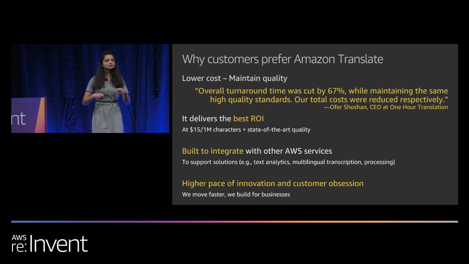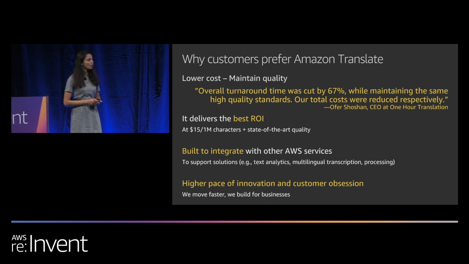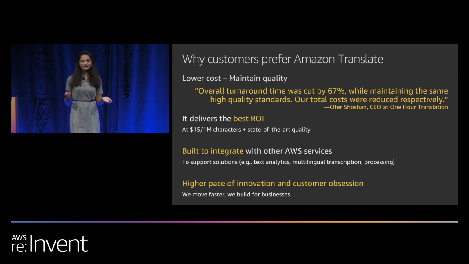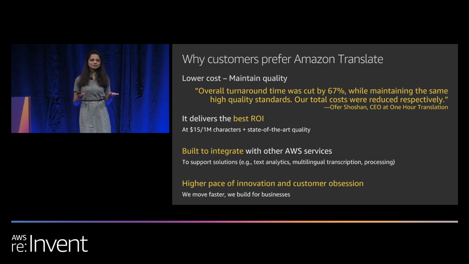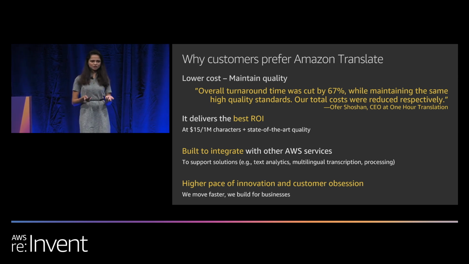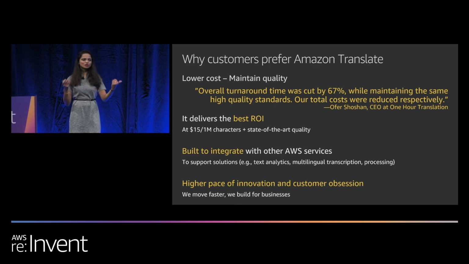And again, it's continuously learning, right? So you need not upgrade or update anything. So all these neural network AI services. And the pace of innovation at AWS is mind-boggling. You guys are witnessing it at re:Invent. So it's amazing. If you have any feedback for any of our services, you can just give it to us. Most of our roadmap is driven by your feedback.